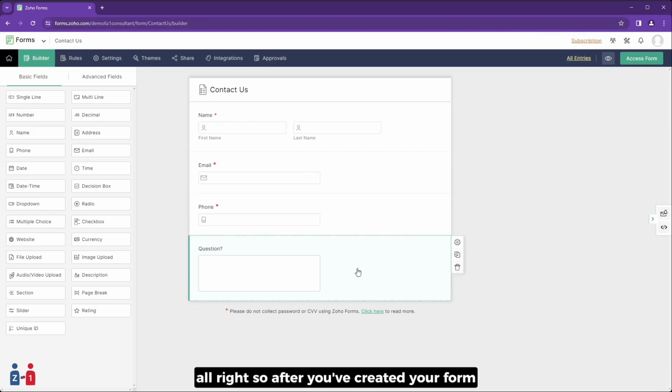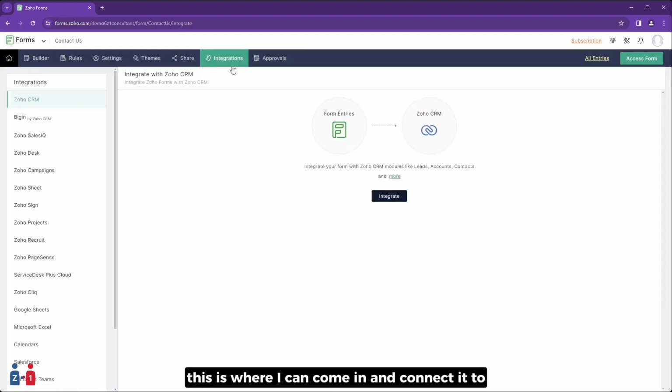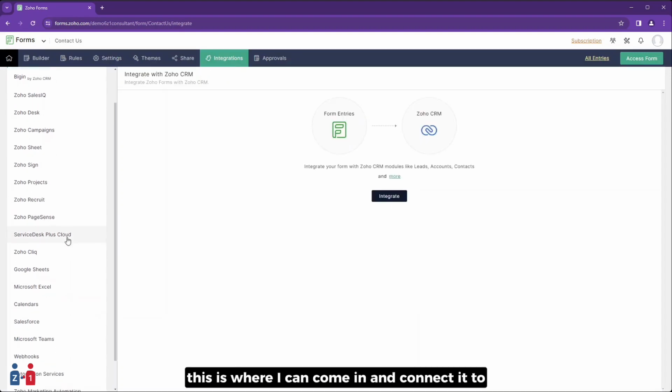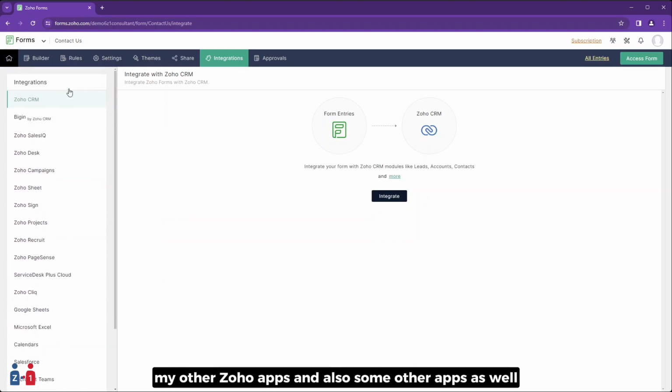All right, so after you've created your form, now you can decide what you're going to do with it. One of my favorite ways to use Zoho Forms is to integrate it into your Zoho CRM. So on the integration side, this is where I can come in and connect it to my other Zoho apps and also some other apps as well. So I could say Zoho CRM, integrate,